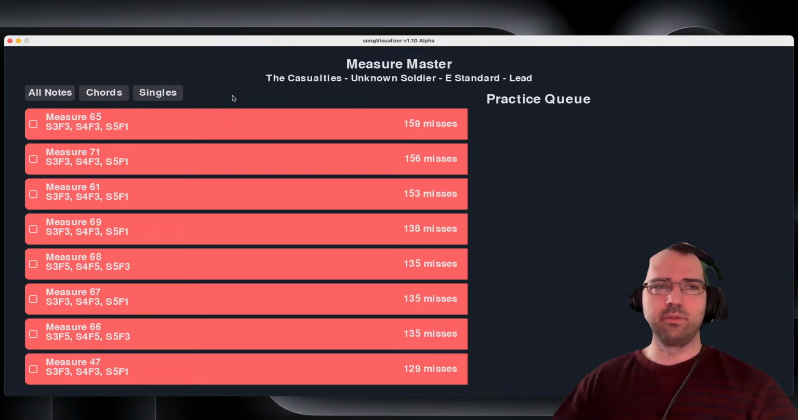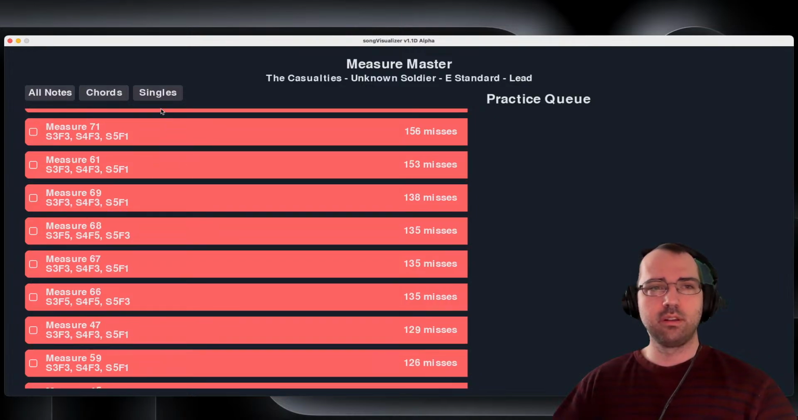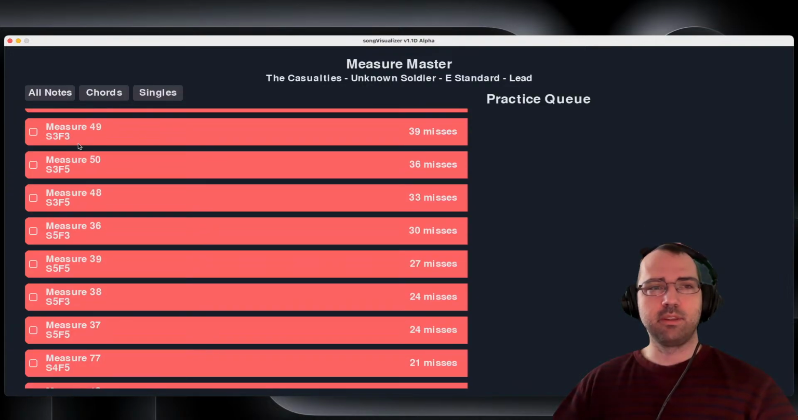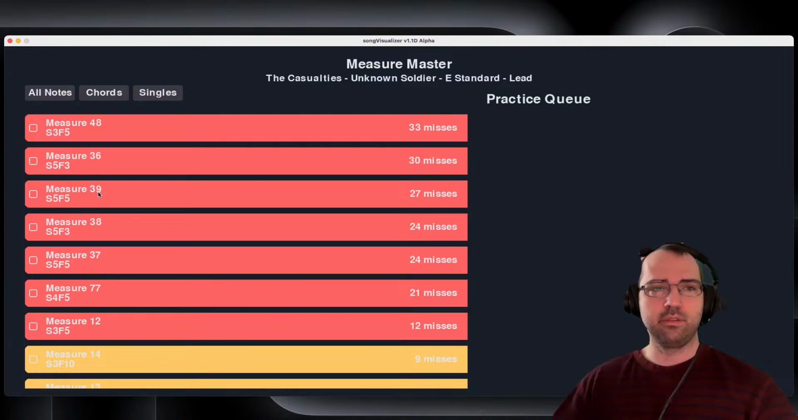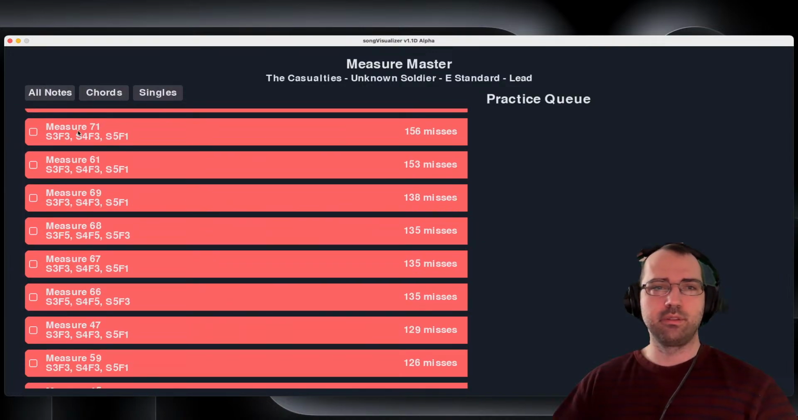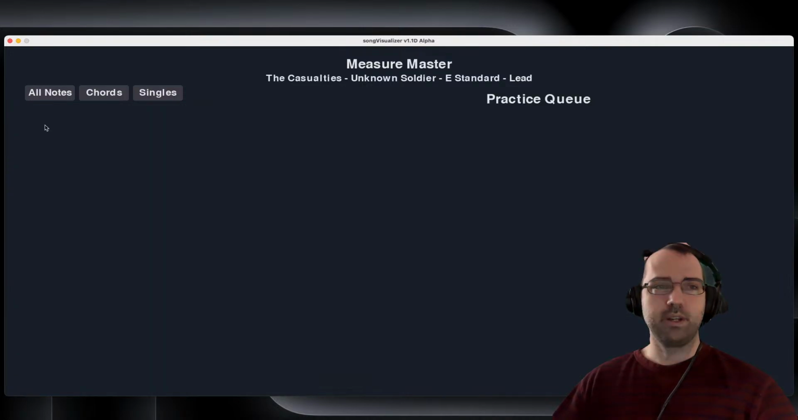And I like to change the ordering to sort by measure, but at least I filter it by chords or by single notes. So the single notes are probably the introduction and the solo, whereas the chord is like the main riff. But I could do all notes. But what happens is